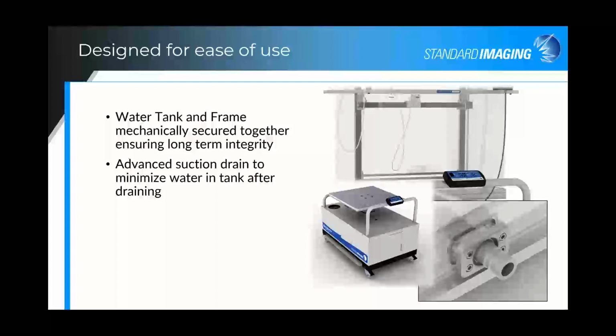We have an advanced suction drain, which when you're done scanning, you want to be able to get that water out of the tank, and we've got a moat system. So, even if there is a little residual water in the tank, it's not sitting. The armature of the scanning system is not sitting in water, so you don't have to worry about any kind of oxidation or mineralization on the armature,